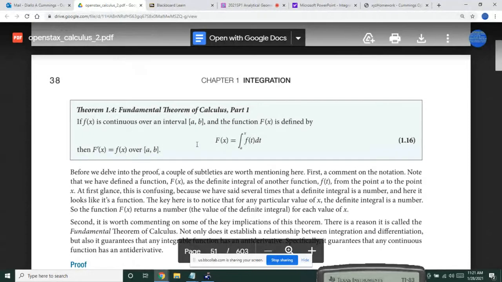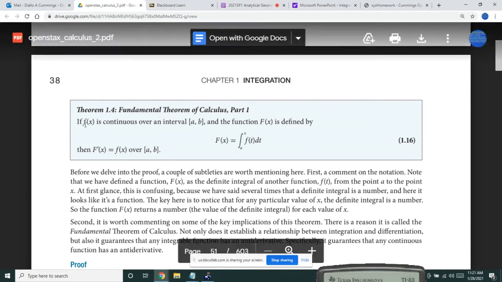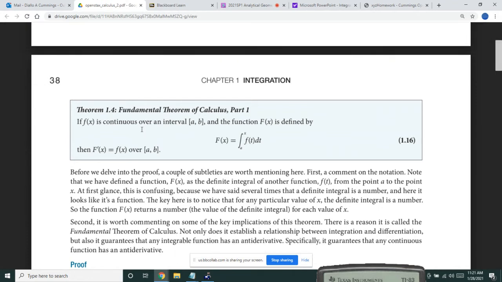All right, so I'm in the OpenStax Calculus 2 e-textbook, and this is on page 51. The total page is 51, but it's 38 in the text. And this is the fundamental theorem of calculus part 1. It says that if f of x is continuous over an interval from A to B,